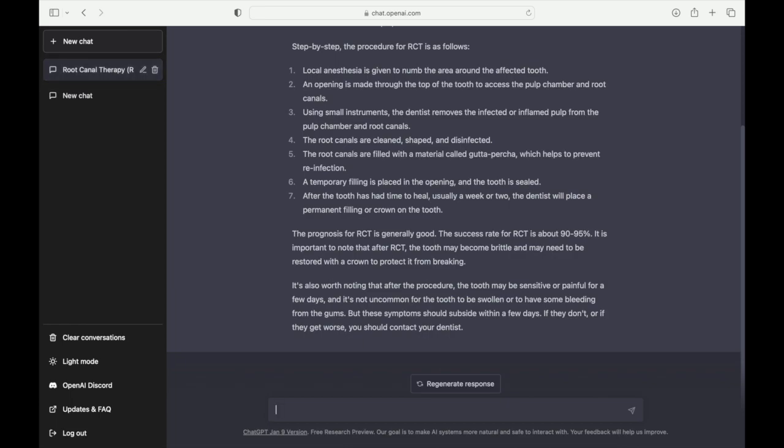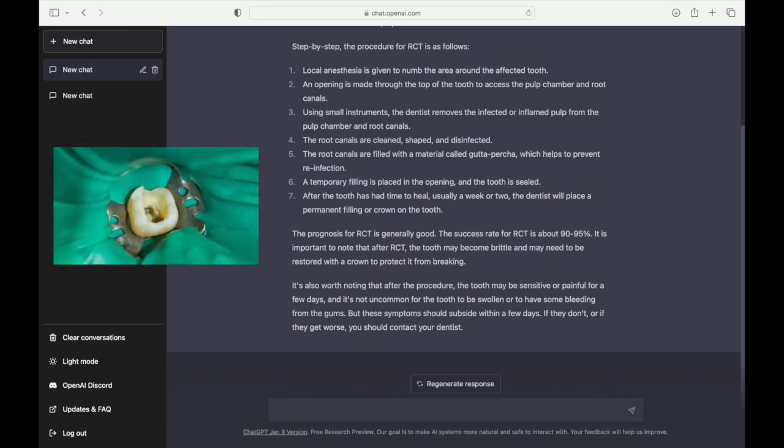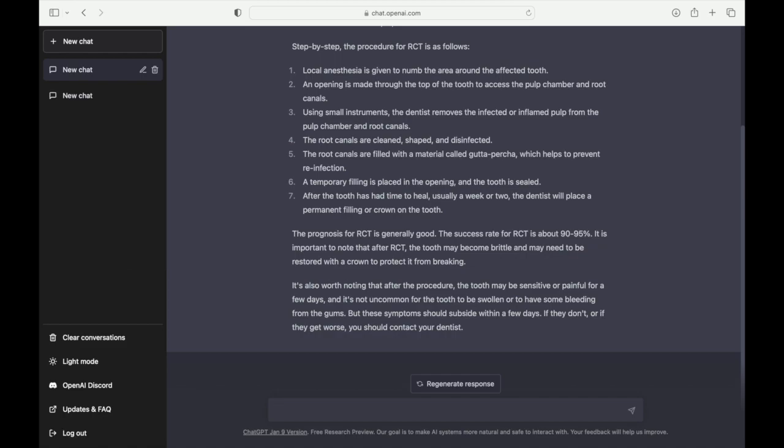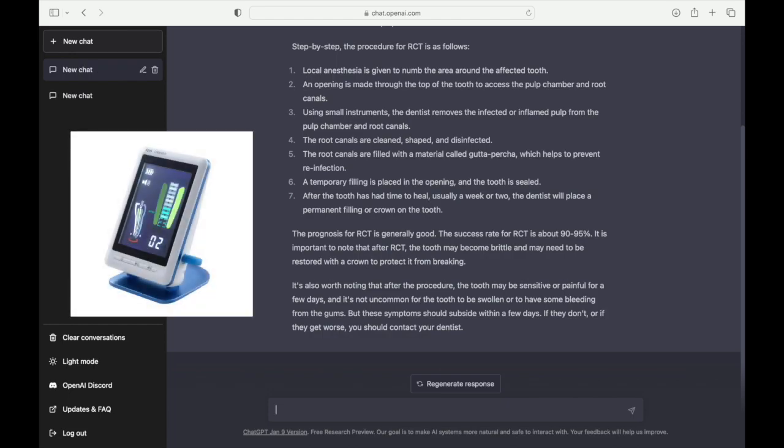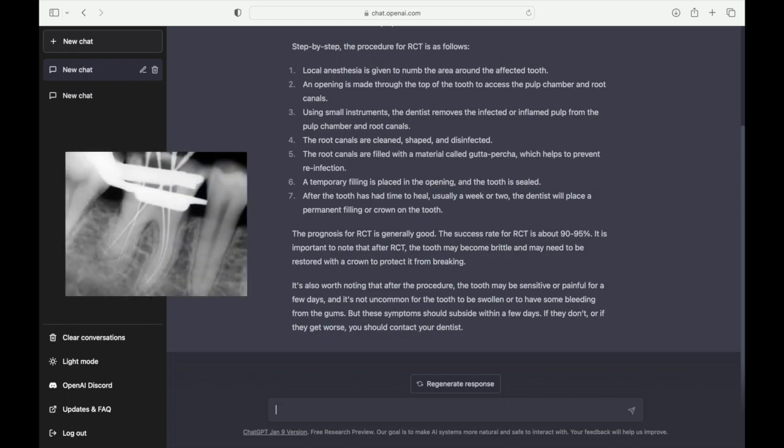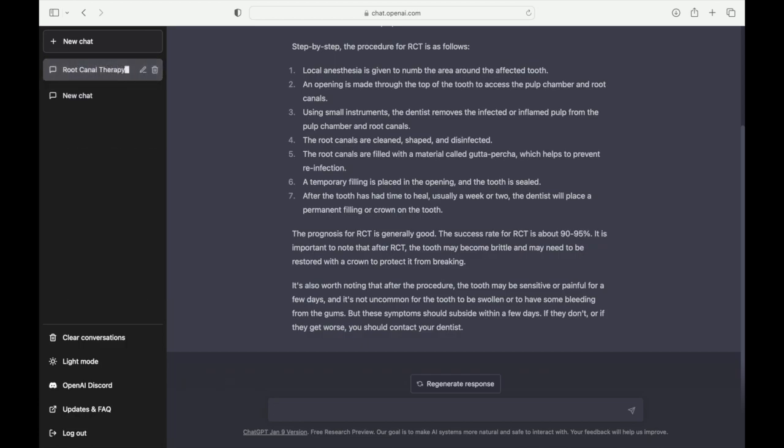And they've missed a step. In fact, they've missed 2 steps. They didn't mention that you're supposed to isolate the tooth with a rubber dam, but they sort of inferred it in the first point. And secondly, and crucially, they didn't mention, I don't know why I'm saying they, ChatGPT didn't mention the importance of establishing a working length. Which is done using an apex locator or by taking an x-ray with the file still within the canal. Did not mention that, and that's vitally important.